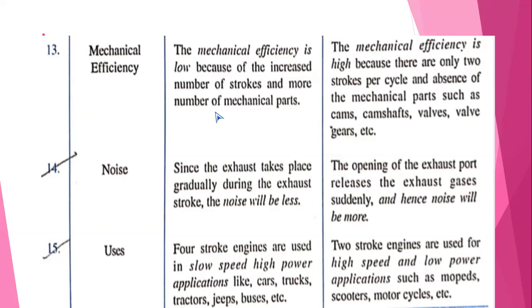We have to consider the difference between four-stroke and two-stroke engines. In a four-stroke engine, the efficiency of the engine is less. So remember, the efficiency of the four-stroke engine is less, and the efficiency of the two-stroke engine is more when it is compared to